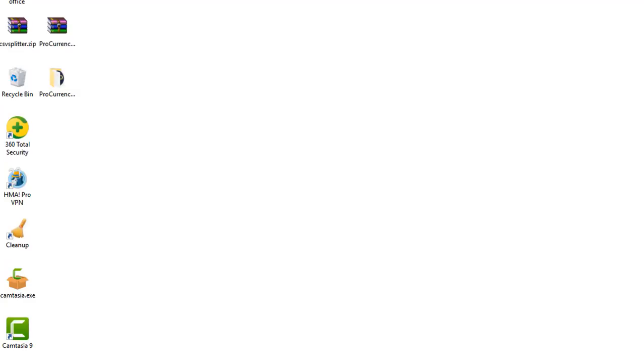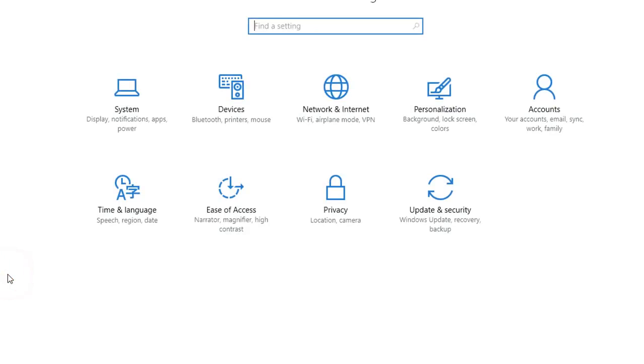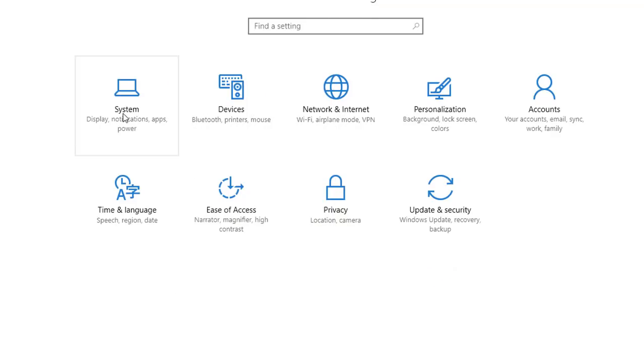Now the way to fix that is you're going to have to completely uninstall it from your computer. We have tested this and made sure that it did work properly. So the first thing you would want to do, and I'm going to assume that the software can be different, is go to the settings on your computer. Whether your start button is here or somewhere else, you click on the start button and then on this little gear called settings. Here we're going to go to system,